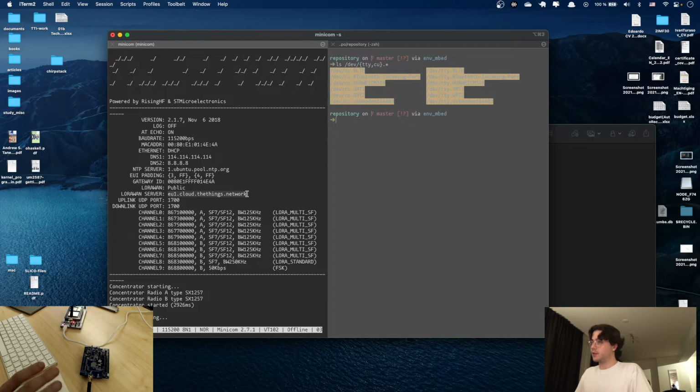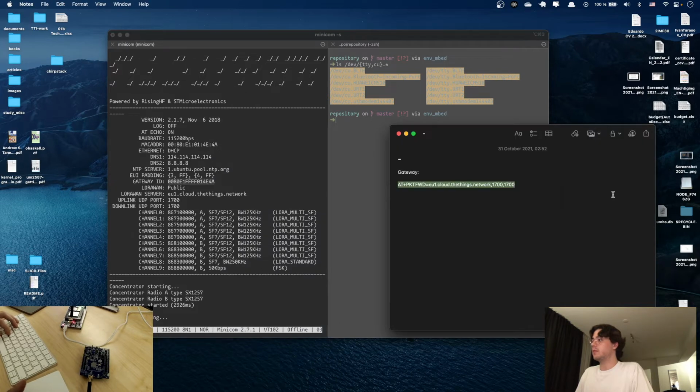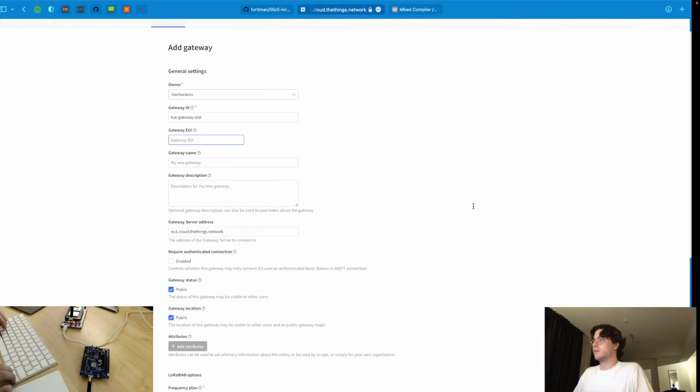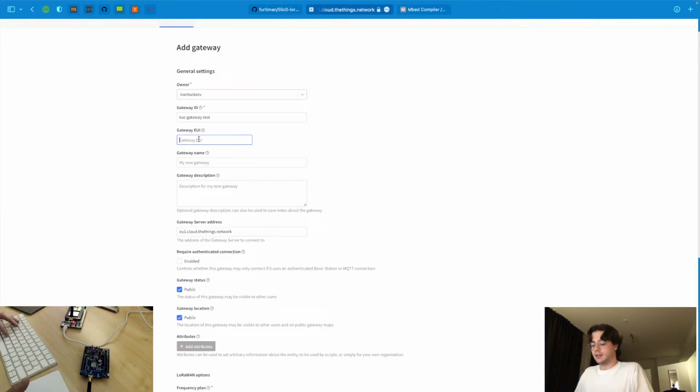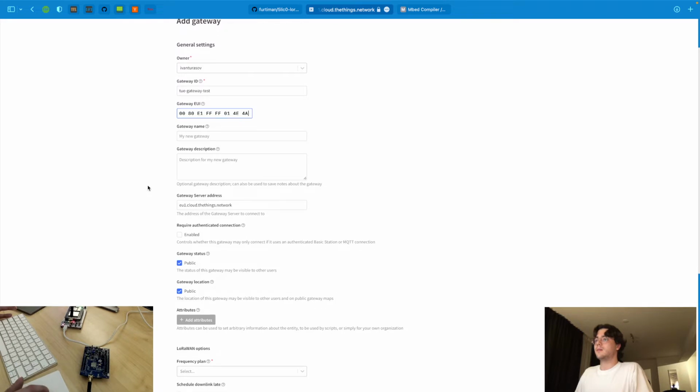Now we need to go back to the console, but before that we need the gateway EUI. In the configuration of this gateway, it's called the gateway ID for some reason, but don't get confused. This is the gateway EUI that we need. So let's copy that, save it in some note. Let's get back to the console. Yep. So we paste this gateway EUI that we got from the gateway in the configuration, and basically, oh no,